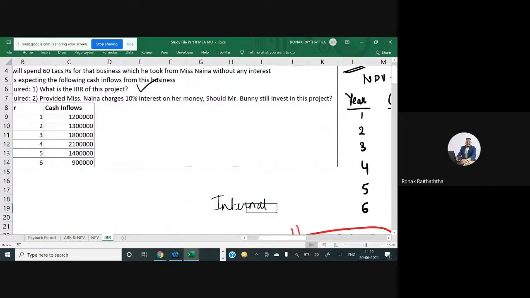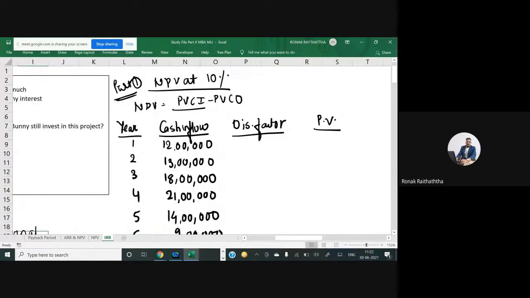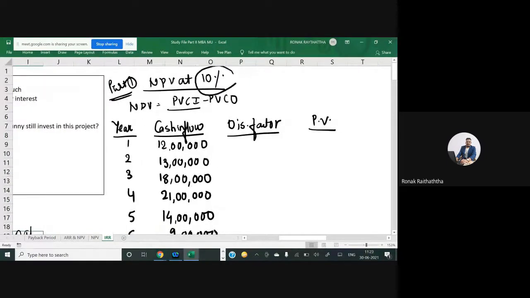Then we'll have 14 and 9. So let's find the discounting factor at 10%, because right now we are taking R as 10%. So 1 divided by 1.10, 0.9091. What do we get for the second one? 0.8246 if I'm not wrong. मैंने 10% वाले रट लिए हैं, तो मेरे तो 8246 रट लिया है.